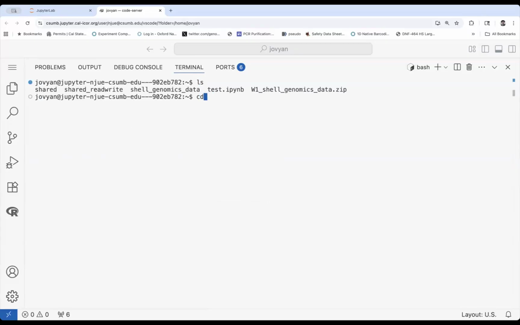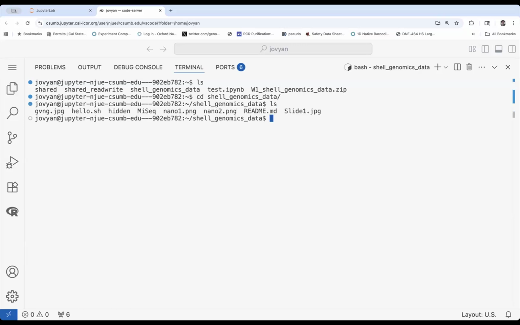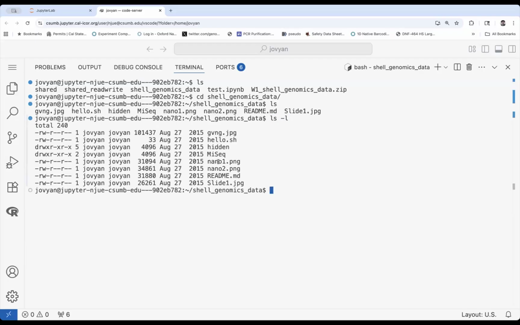I'm going to navigate into Shell Genomics, right? Shell Genomics data. And once I go in there, if I type ls, and I'll do a long list in this case, I can see there's a bunch of different types of files and then some directories. All these things that end in dot something have an extension. Those are almost always going to be files of some kind. So we've got JPEGs, which are what kind of files? Images. SH stands for shell script,